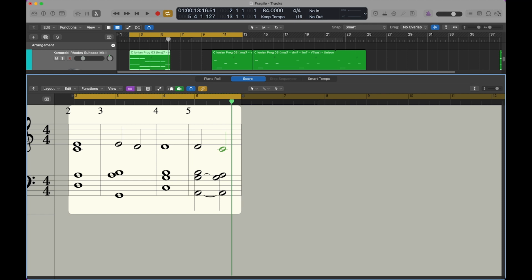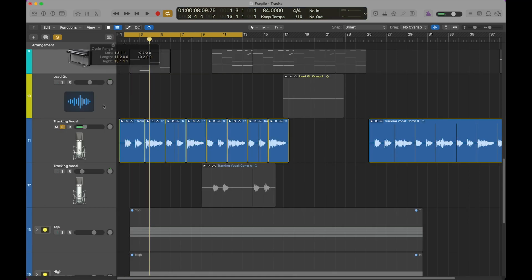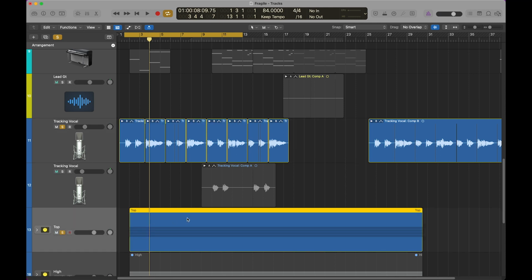And that is because Tatsuro wanted to have a counter melody against the main vocal, which has lyrics. So if you listen to the main vocals as well as the top note melody, it is like a counter melody